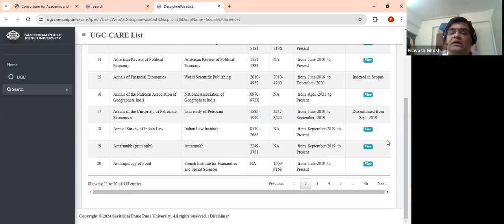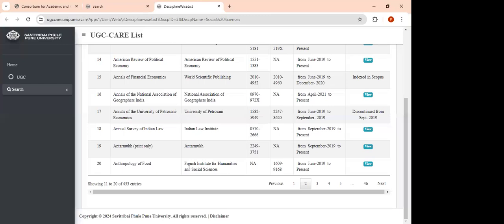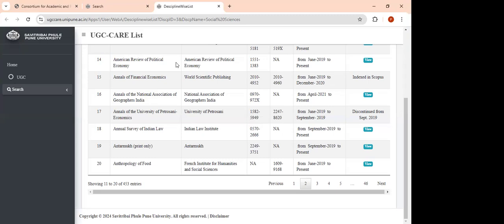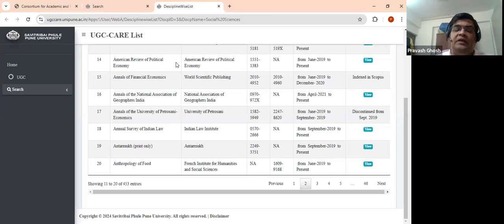So we got this, discontinued from September, this indexed in Scopus. Yeah, they are doing very good work. But sir, all these are not national, there are African journals, American review, in UGC Care. Yes, madam. International journals are also there. I thought only group 2 must be having international journals, and group 1 must be having national Indian journals. I was also of a similar opinion, but I am seeing that even some Scopus journals are in